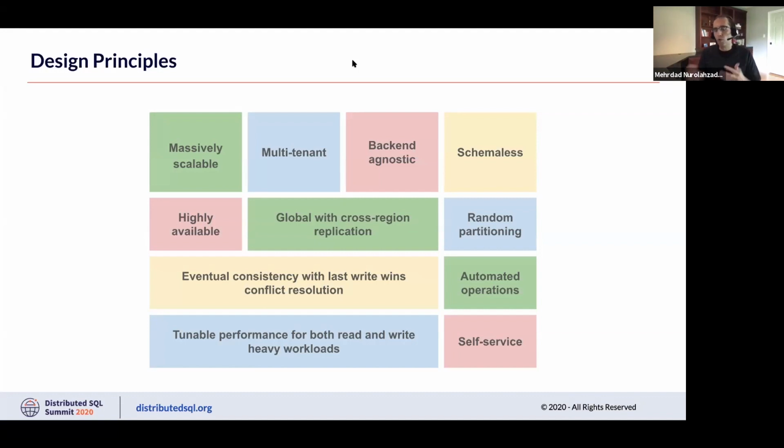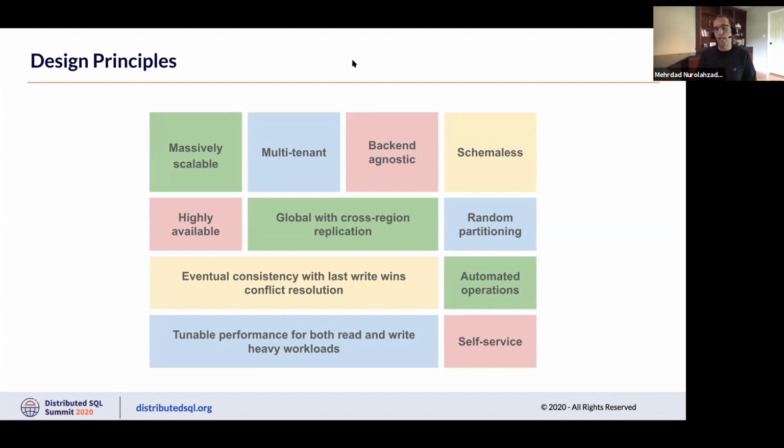And for the sake of resolving inconsistencies between data, it should use a last write wins strategy for conflict resolution. Now, given that Tudor has both read-heavy and write-heavy workloads, it should be efficient to satisfy both of these types of workloads,